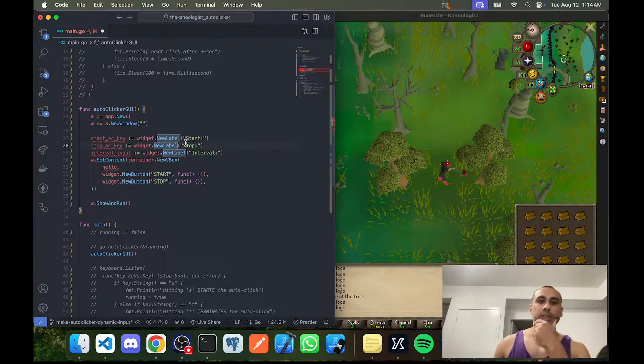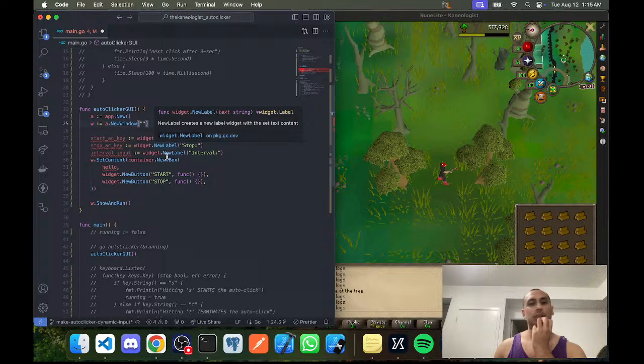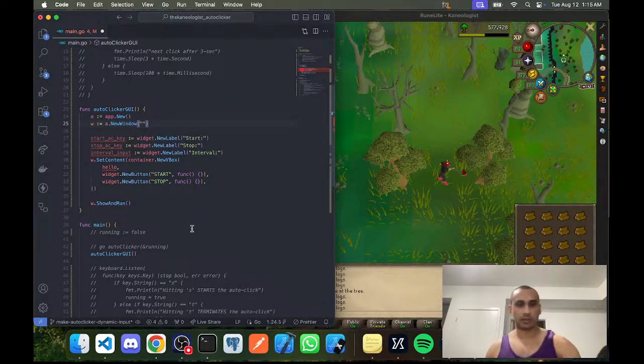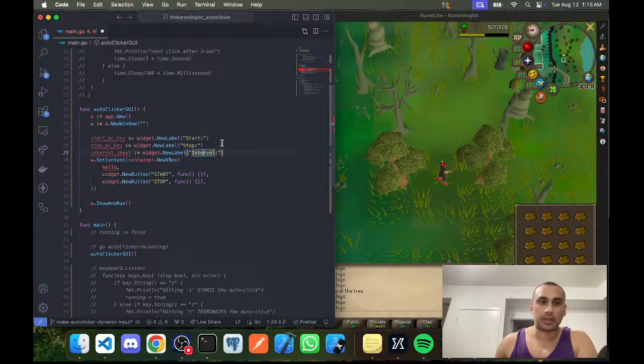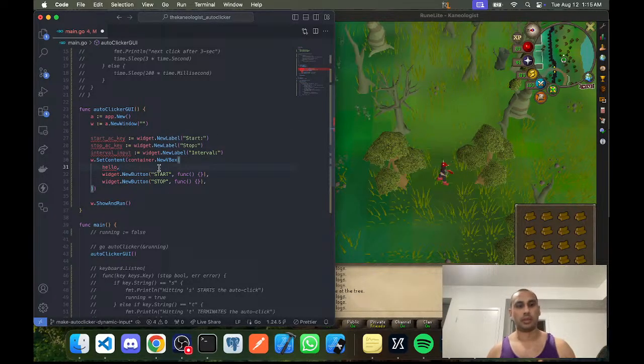Okay, so now we have widget new label, widgets set content, which is new window, and then within the window, set content in a container dot new virtual box. We'll have to figure out all this and play with that. But starting here, we now know that I want to get labels and I want to get input boxes to